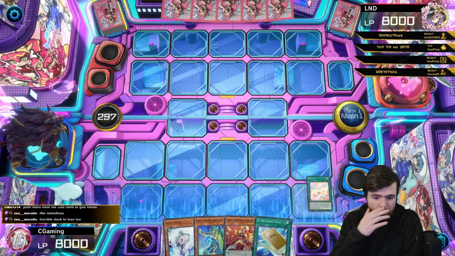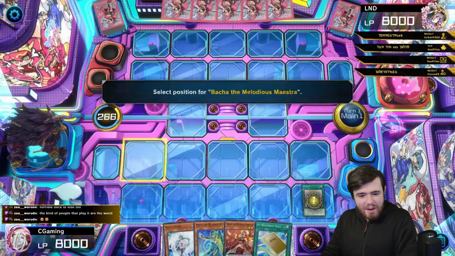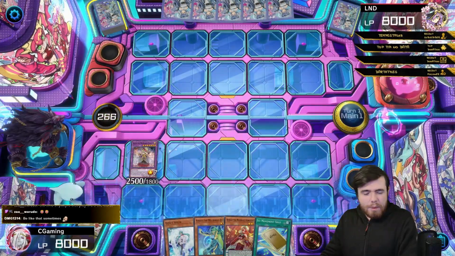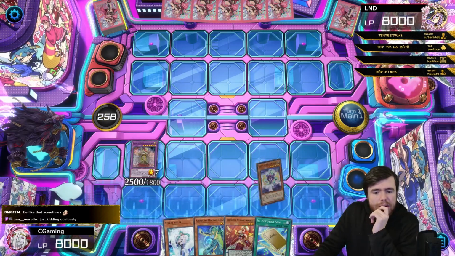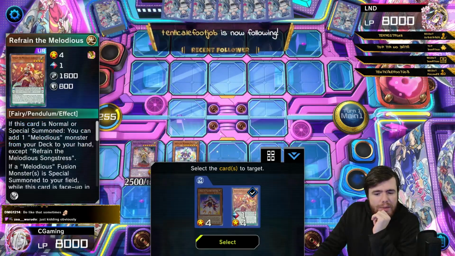So first off, we're going to go for Ostinato to get ashed. I would imagine it's Refrain and Soprano. All right. Botcha. Okay, now Botcha's going to activate. Botcha's going to grab us Shapina. Yeah, grabs a Shapina. And then I think the Shapina activates and grabs us